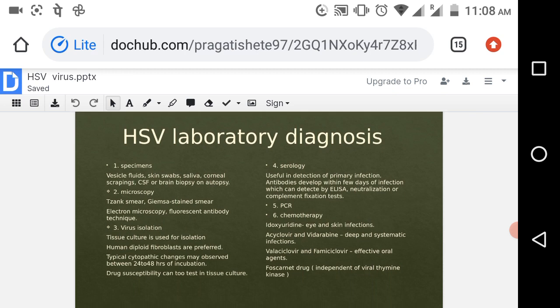So as we all know, what are the steps of this testing, right? If we provide our sample to a pathology lab or microbiology lab, they will have various steps for proceeding to the final result. What are the steps? Steps such as taking the specimen, then isolating the virus, then culturing that virus, and then checking for the presence or absence of that virus, right? So there also we will start with the specimen.